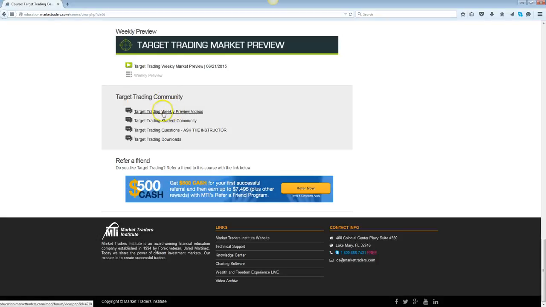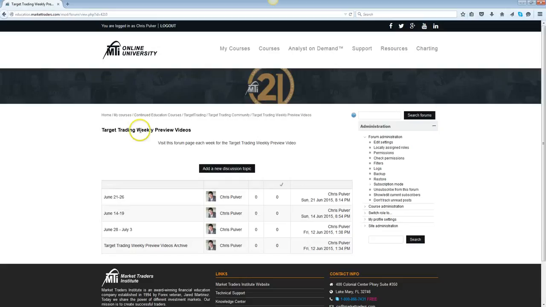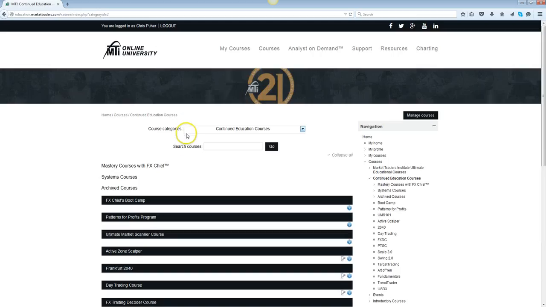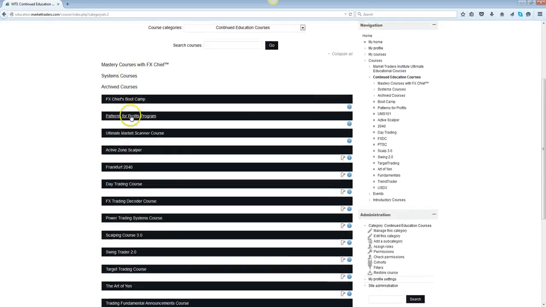So in this section we have target trading weekly preview videos. If the student were to click on the actual week that they want to be looking for the video and the workspace, they can come in here, click on the week. In this section you'll see that we have the QuickTime video as well as the workspace.ws file. So if they need your assistance, please help them download this file in their Ultimate Charting. If you go back into your target trading class,